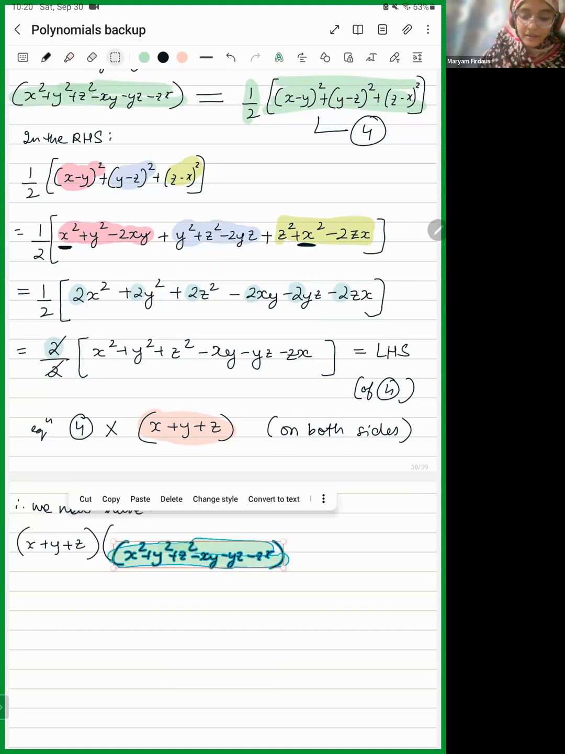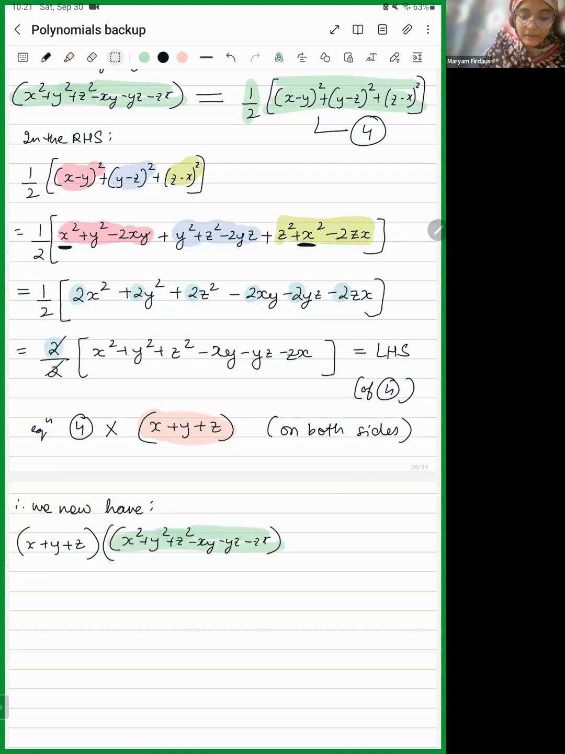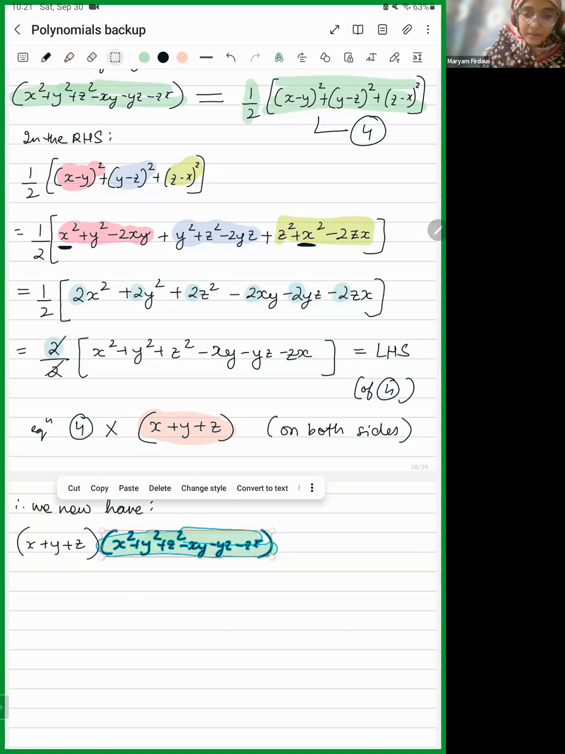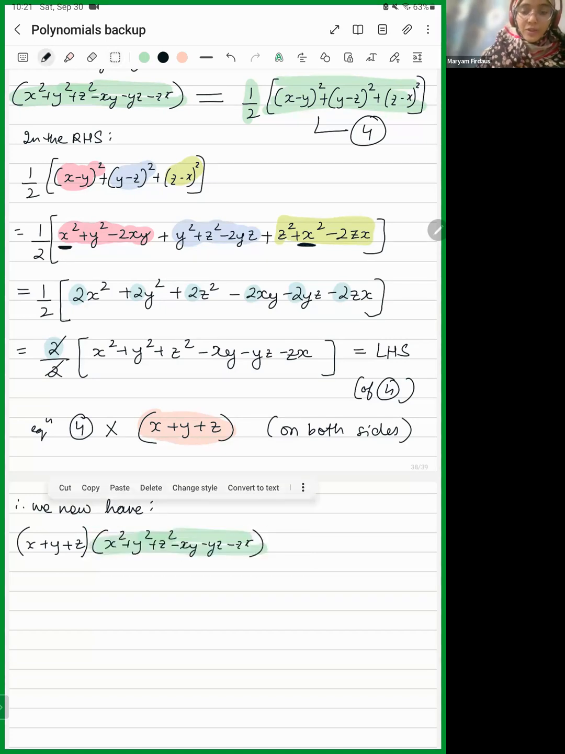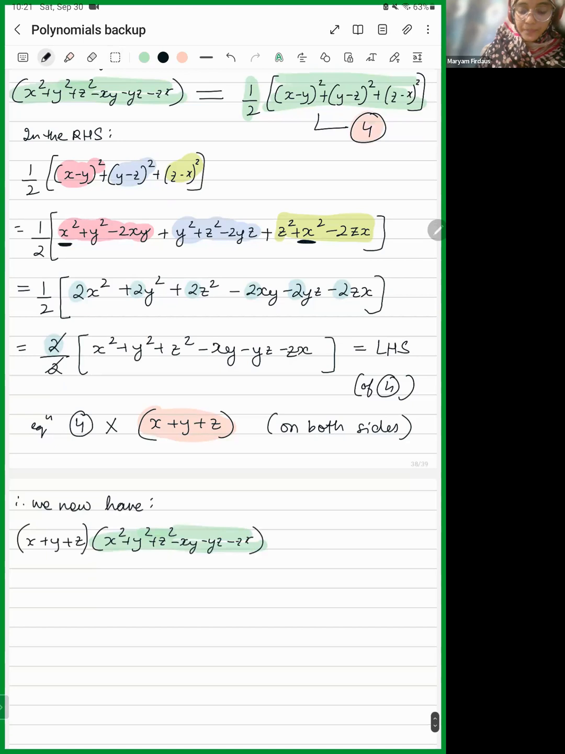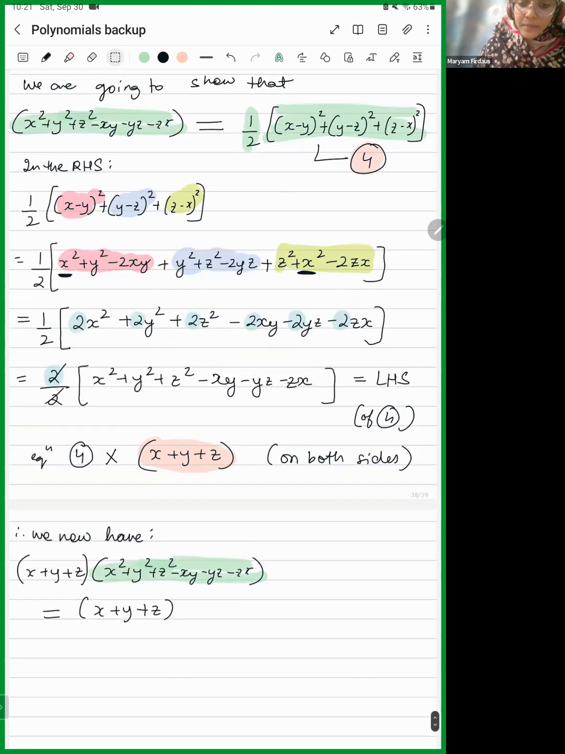Is it fine till here? What are we doing? You guys are clear? Yes, ma'am. Avni, is it clear for you? Yes, ma'am, clear. So we have multiplied the 4th equation with the bracket x plus y plus z. So this becomes equal to, again, we are multiplying the RHS also with x plus y plus z. So then that becomes